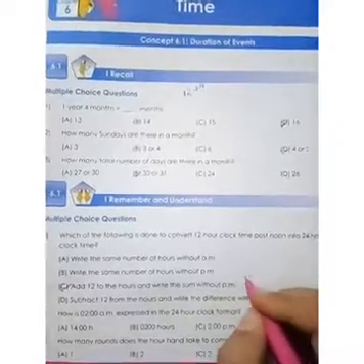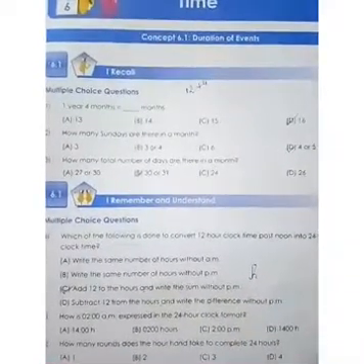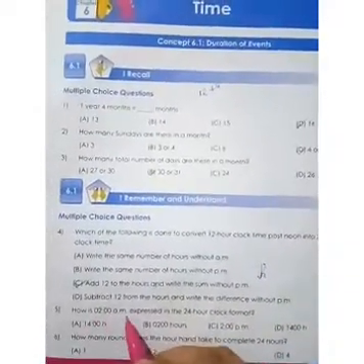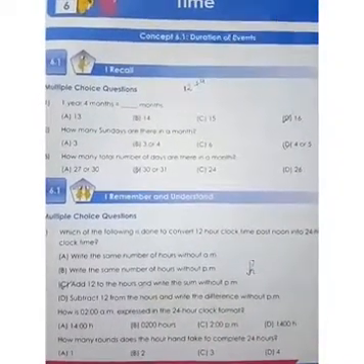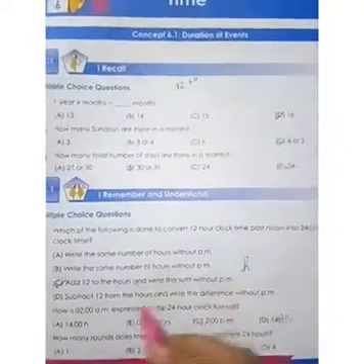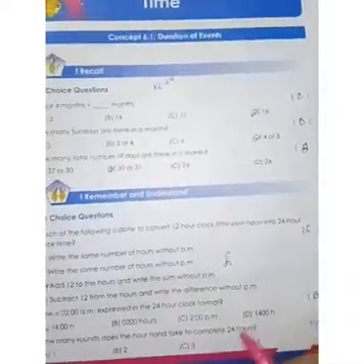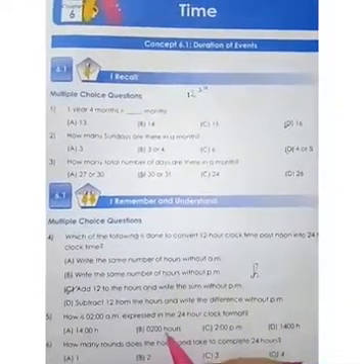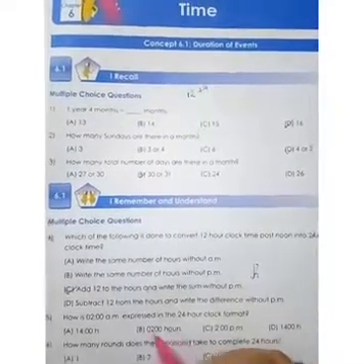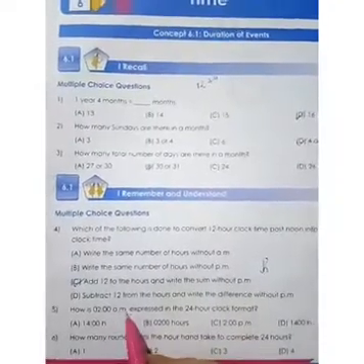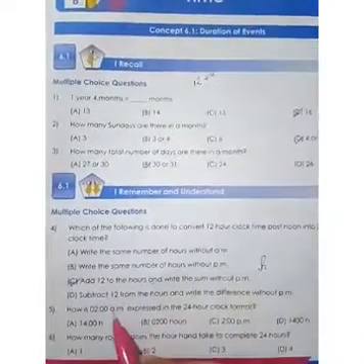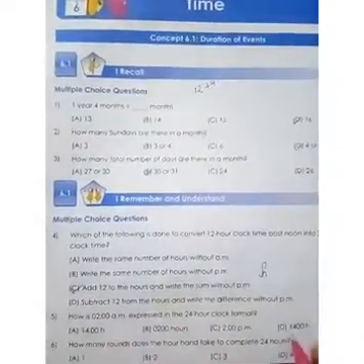So we write in 24-hour format as H, hours. How is 2 AM expressed in the 24-hour clock format? So how is it expressed in the 24-hour format? It is expressed as option number B, 0200 hours. Since it is AM, we don't have to add 12 here. If it was PM here, then we have to add 12, and the answer would have been 14 hours.